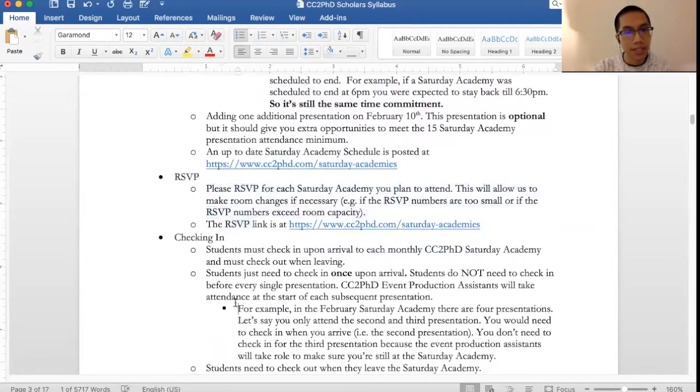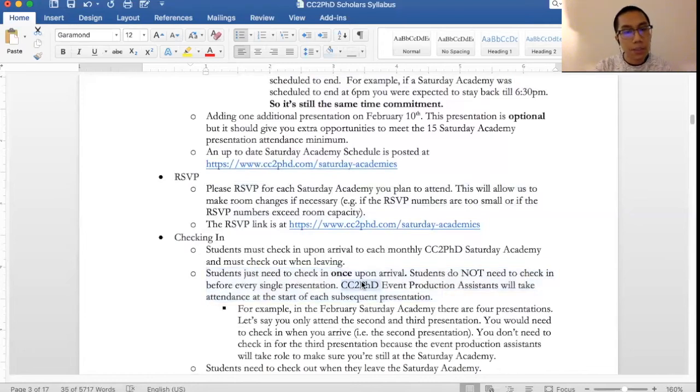In terms of checking in, students need to check in upon arrival to each monthly CC to PhD Saturday Academy and must check out when leaving. So again, students just need to check in once upon arrival. Students do not need to check in multiple times throughout the day, right? They just need to check in once per Saturday Academy.